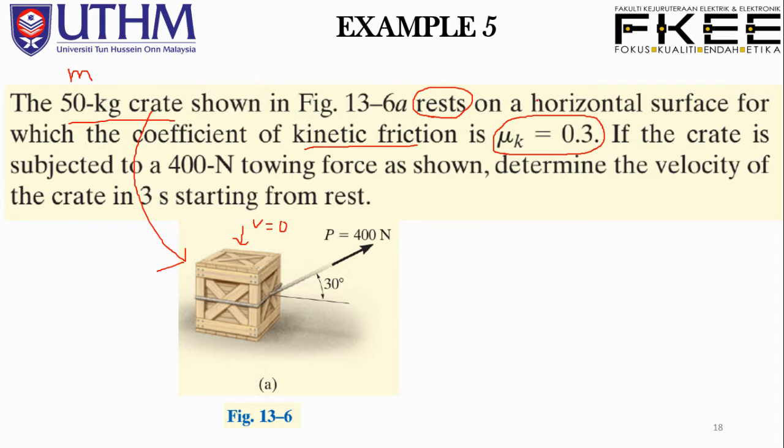But there is a certain amount of force applied, namely kinetic friction, even though the object is in the rest position, which is mu k equal to 0.3. So if the crate is subjected to a 400 Newton towing force as shown, so this is the towing force, which is moving in this direction with a value of 400 Newton. So determine the